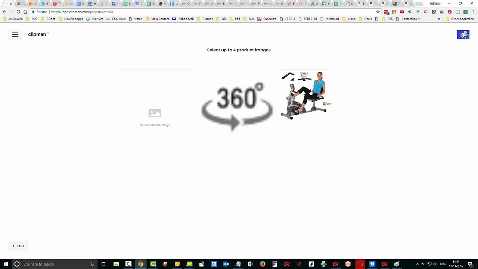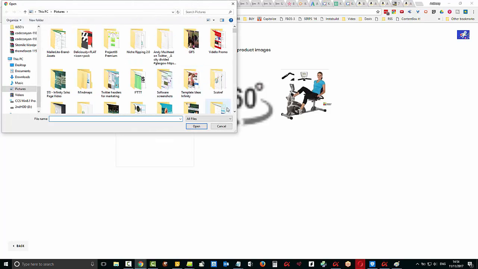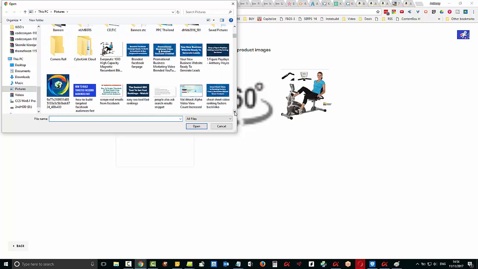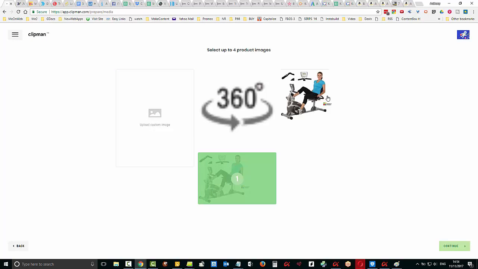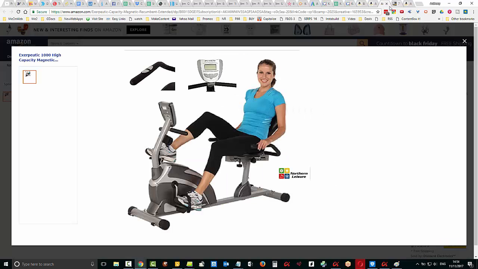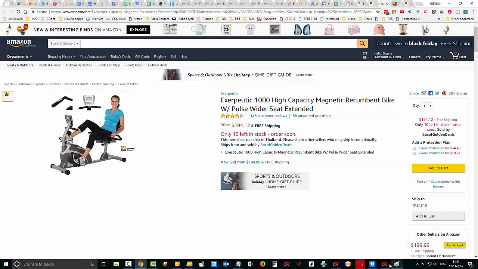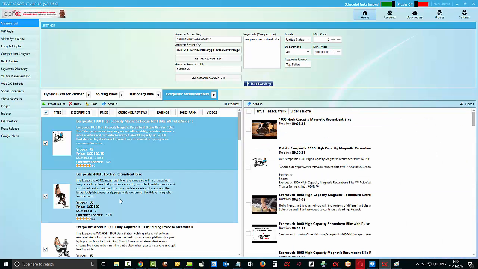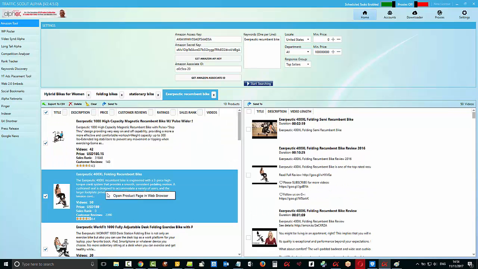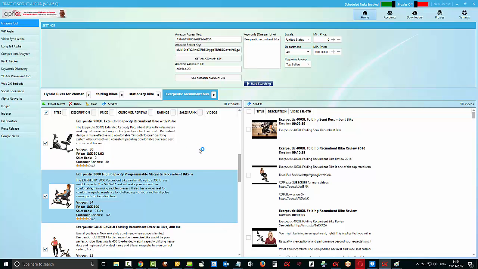Now we can select up to 4 images. So we can upload some custom images here. We've got one that we want to use that we have already done some editing in. And I can take some others as well. Let's do it from the Amazon tool. I'll take the image for this one, and I'll take the image